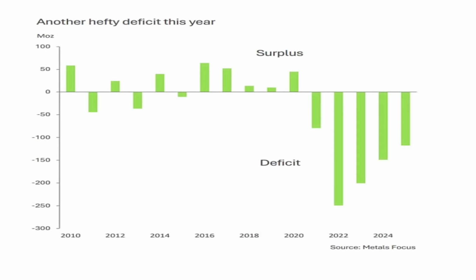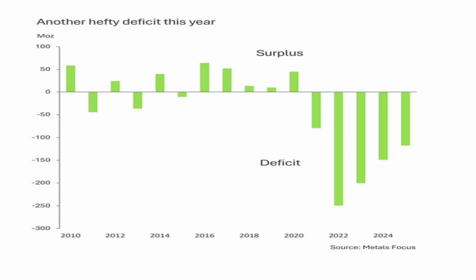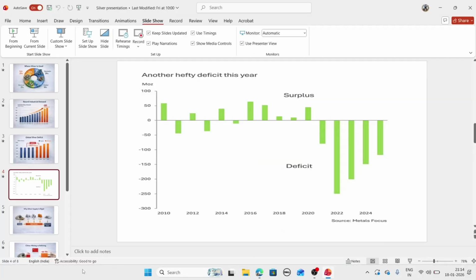Here you can see what initially happened. If you look at 2010 to 2020, you come to know that silver supply has a deficit. It is a normal thing for silver that it goes up and down. But if you look after 2020, you come to know that for the past five years silver has been in deficit. That creates a very huge problem, right?